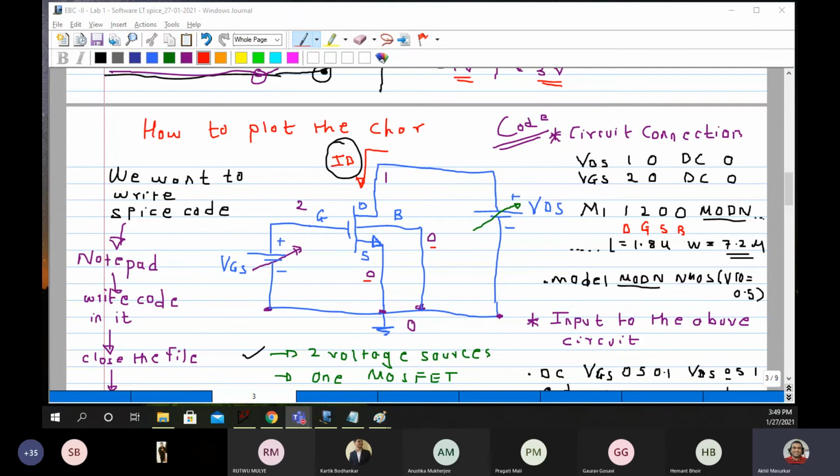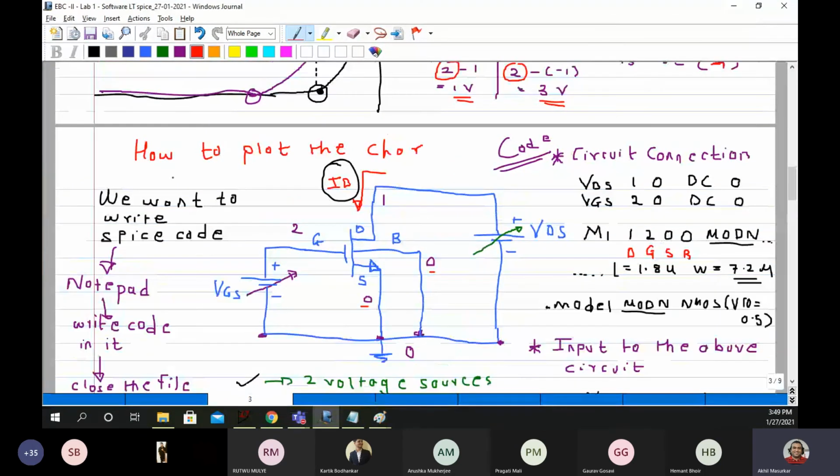Okay. Are there any more doubts with regards to usage of LTspice? Are there any more doubts with respect to usage of LTspice?